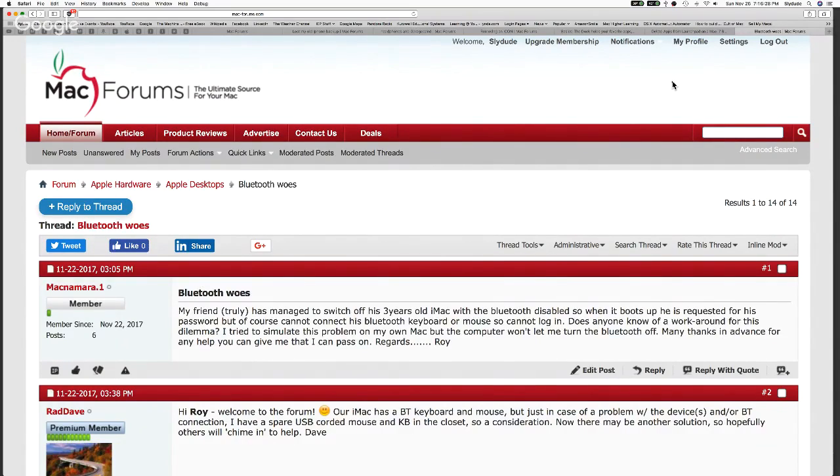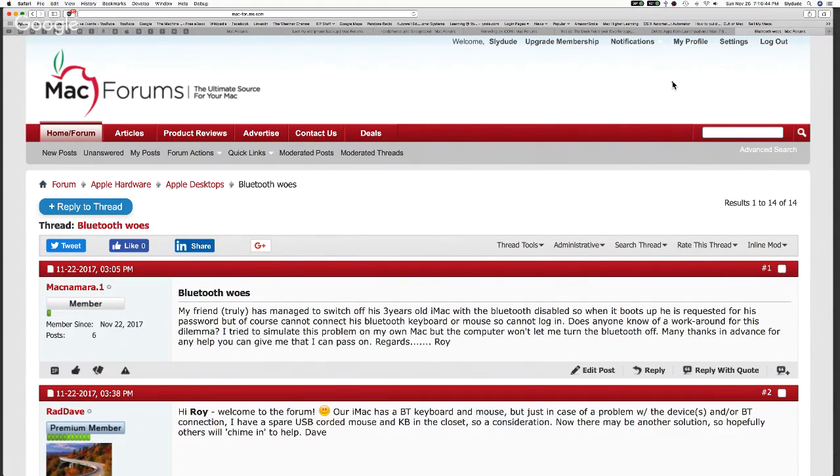Here's the tip that I want to leave you with as far as Bluetooth is concerned. I've tried the Apple Bluetooth keyboard, and I've tried 2 or 3 different third-party Bluetooth keyboards. Some of them better than others.